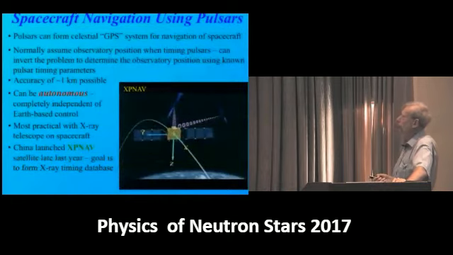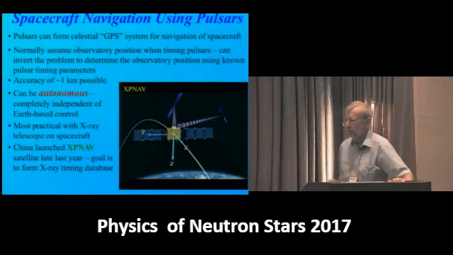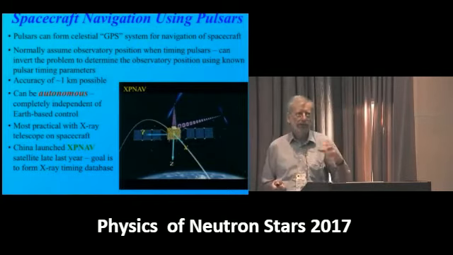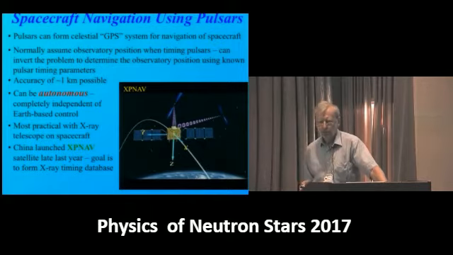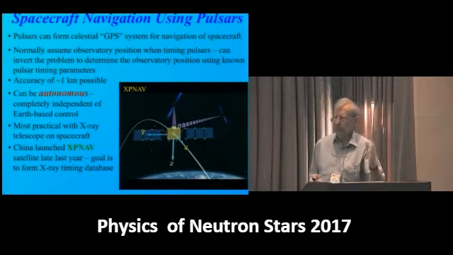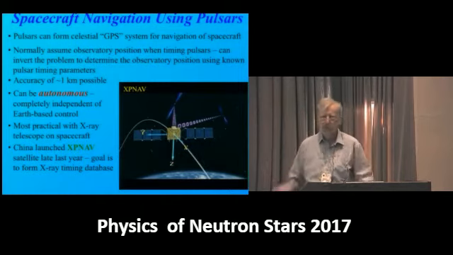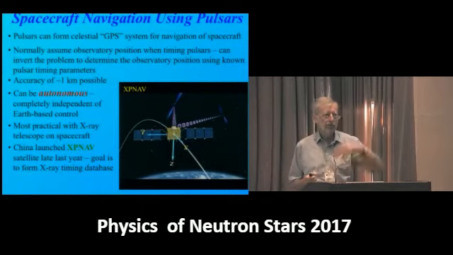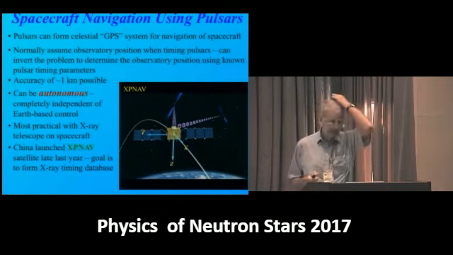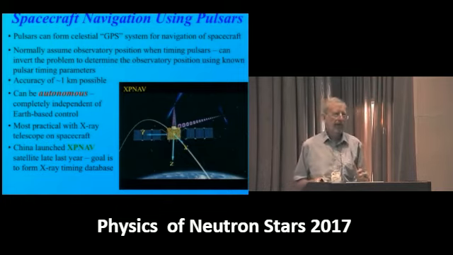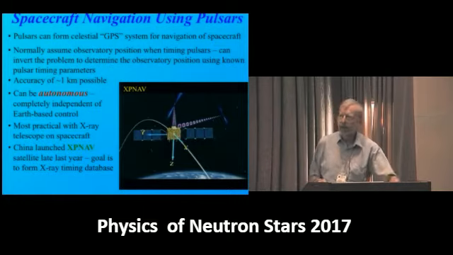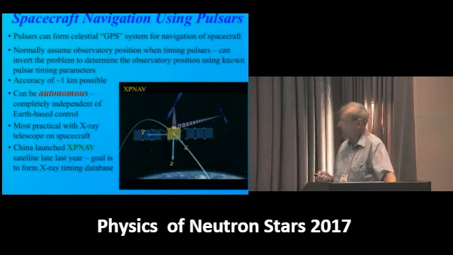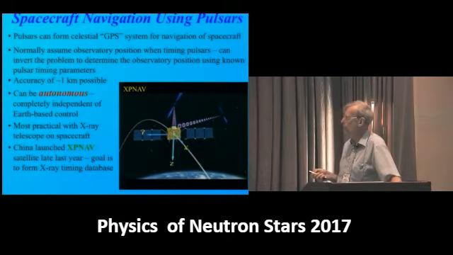So finally, just a little bit about spacecraft navigation. Pulsars can form effectively a GPS system for navigation in space. GPS is used, everybody has it on their mobile phone, and that's based on satellites going around the Earth. But if you're in a spacecraft halfway to Mars or something, that's not much use to you. But you can, in fact, use the pulsars as beacons and solve the timing equations for the position of the